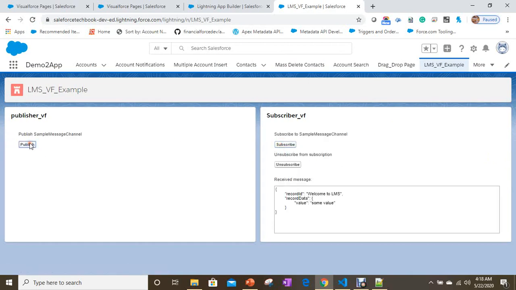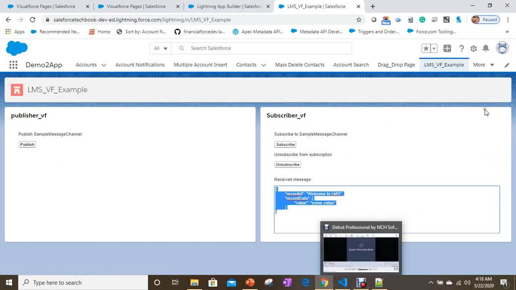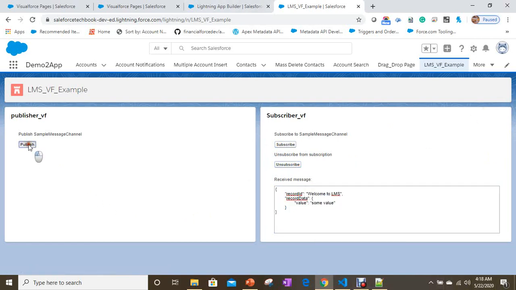Subscribe, publish. Welcome to LMS. This is how it works. Now you can unsubscribe also. Once you unsubscribe, it won't give anything. Okay. Now this is how you can work with Lightning message service between two Visualforce pages on a Lightning page.